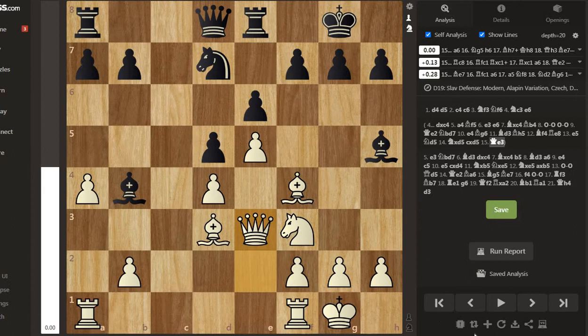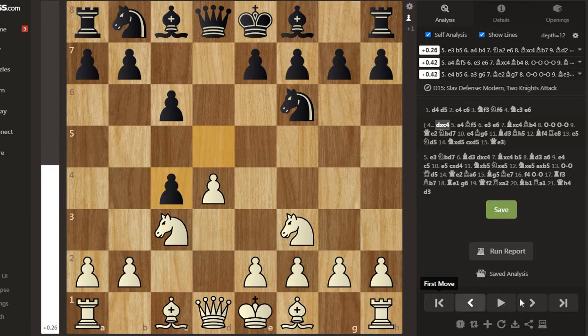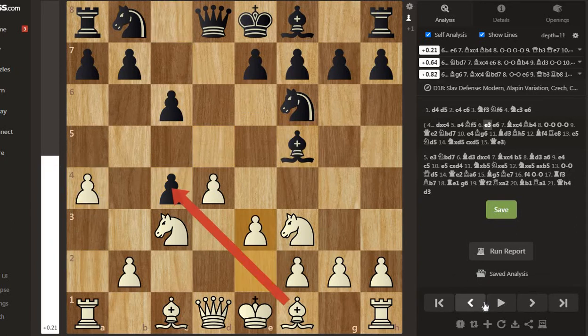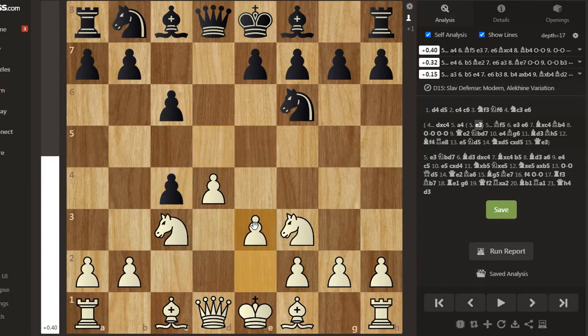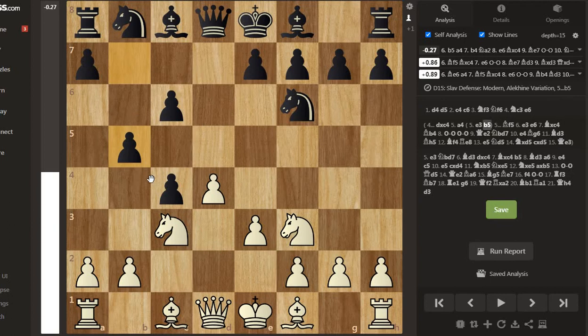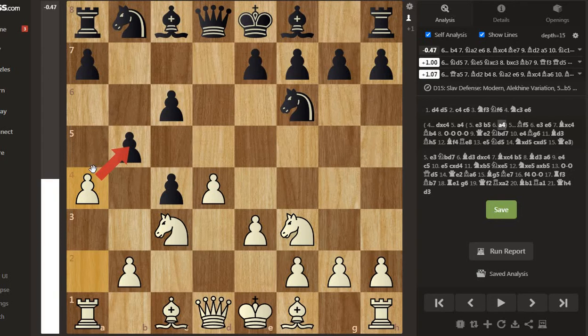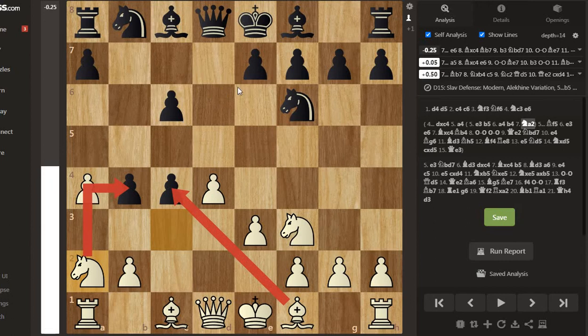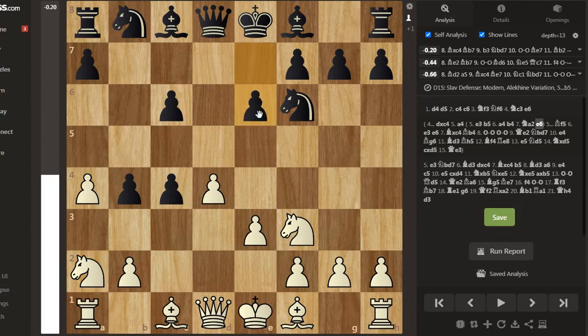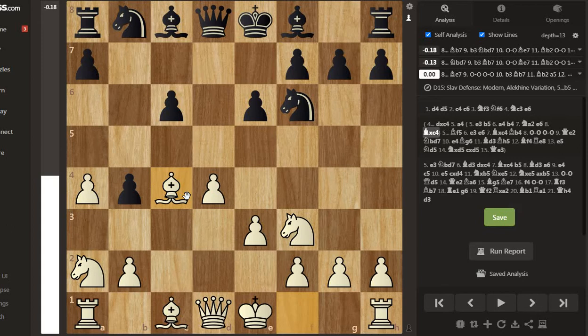Here on the fifth move, if black doesn't play a4, and if he plays e3, then there will be b5, and after a4 there will be b4 and knight a2 and e6, and bishop takes c4. Here actually black obtains equality, and